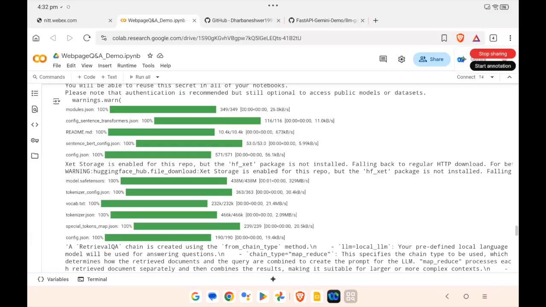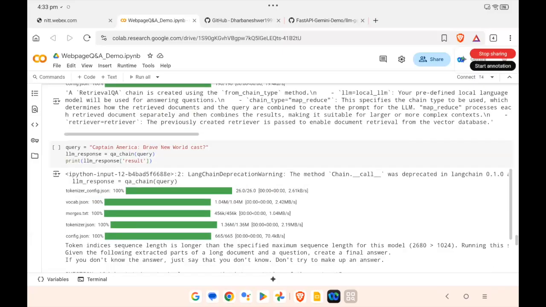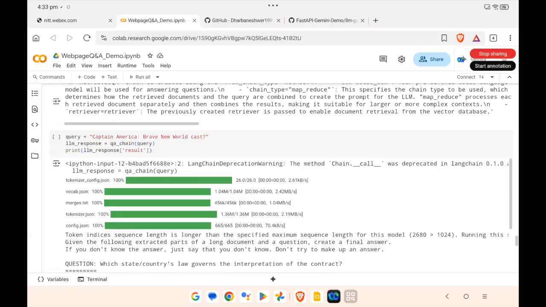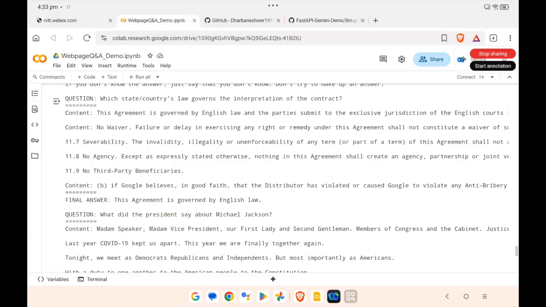Now, if I ask the same big query on the same big web page, the Captain America Wikipedia page, it is able to answer. See, you are getting the answer. So the base of this hands-on is prompt engineering. You can see what the problem is. You can't use prompt engineering every time, especially if you are going for a small model, if you have a limited context size, if you have a cost constraint, resource constraint. And RAG, as you can see, can easily solve your problem by just taking the relevant context for your question.